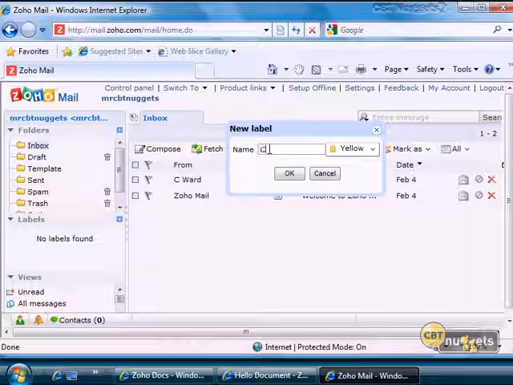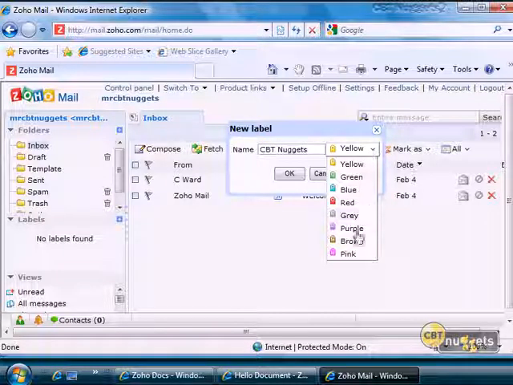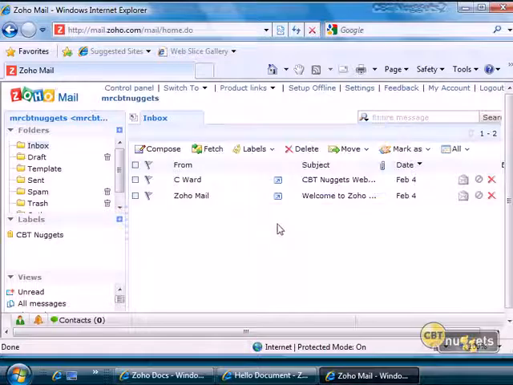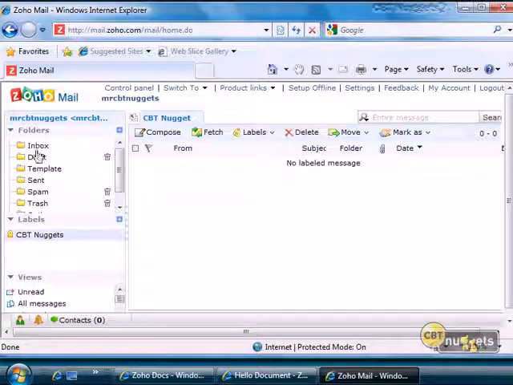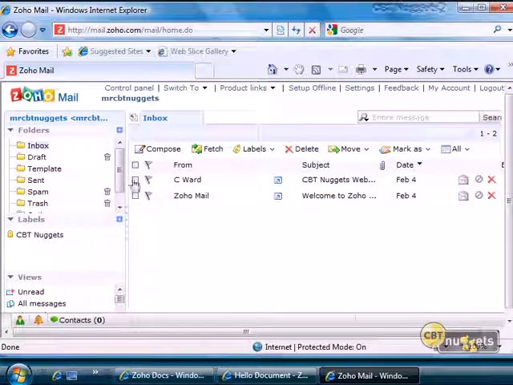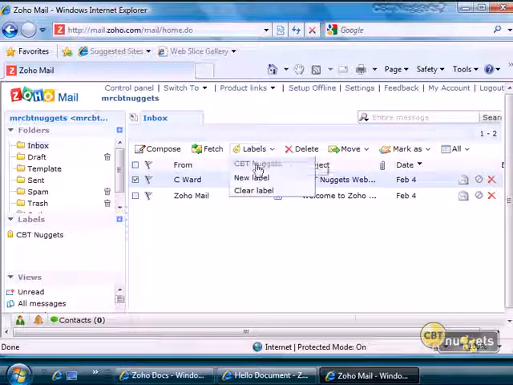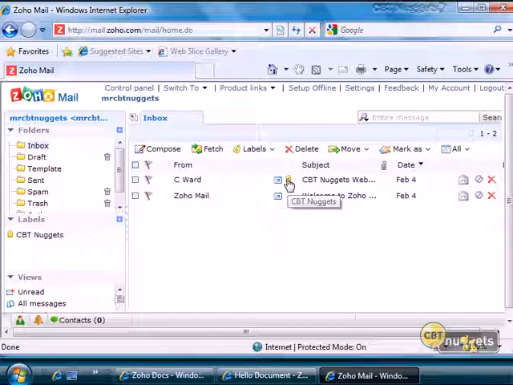Very similar to what we did with your Gmail when we saw this. So we can call this CBT Nuggets. And since Nuggets is yellow, we can use yellow and blue, and we'll go ahead and hit yellow. And so you can add the CBT Nuggets label to something and find that email if you want. So select. Let's see, this one's the CBT Nuggets one, and put a CBT Nuggets label on it, and there's a little label, and if you roll your mouse over, it tells you that's a CBT Nuggets. So very similar, very straightforward. So I'm going to, before I have 100 windows open, I'll go ahead and close this window,